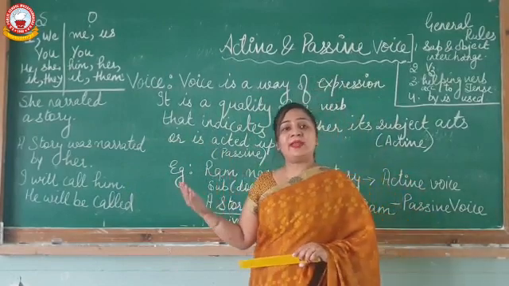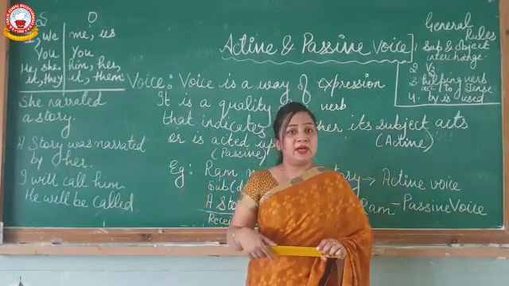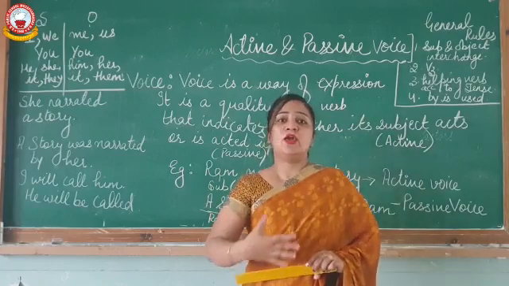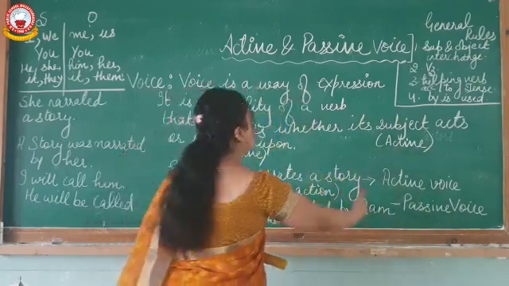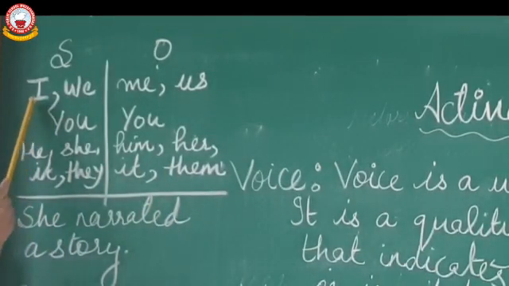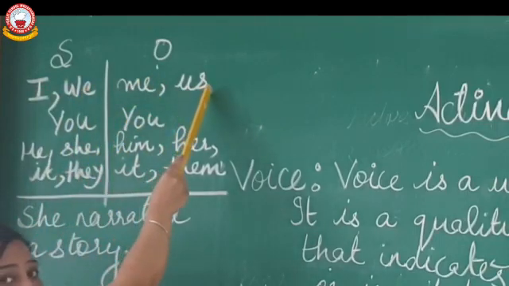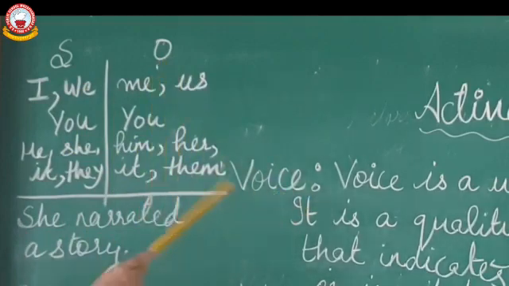And when I talk about pronoun, it can be only your personal pronoun. So the personal pronouns, how they change when they move on the position of object, it will be clear with the help of this table. You can see the first person I and we. I is converted into me, we is converted into us when we move to the position of object. In the same way, you remains the same